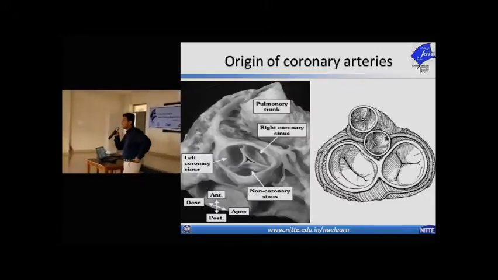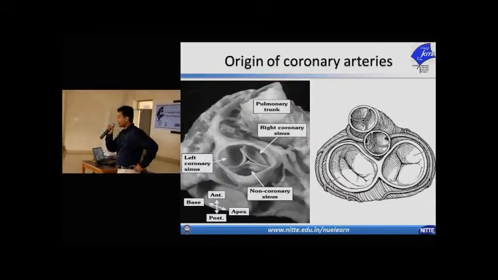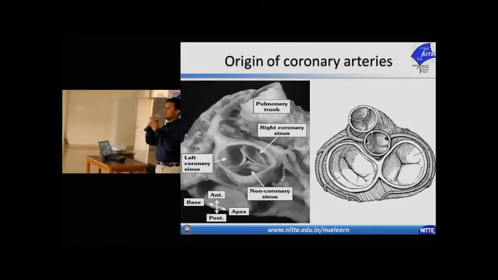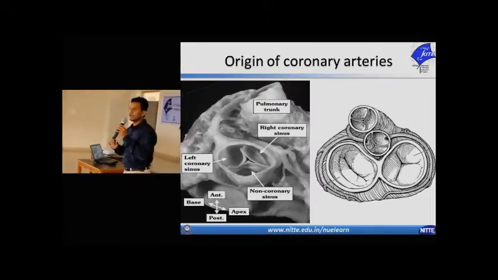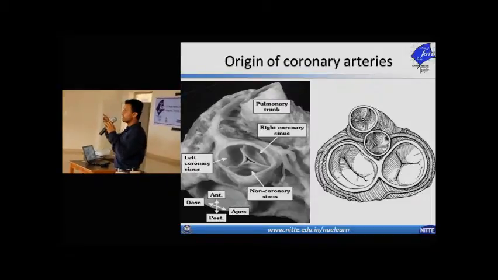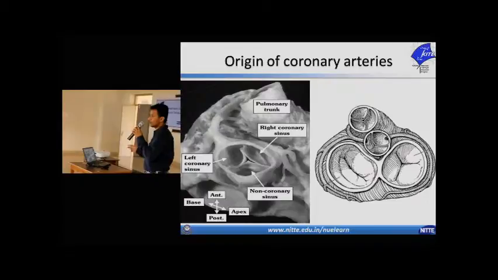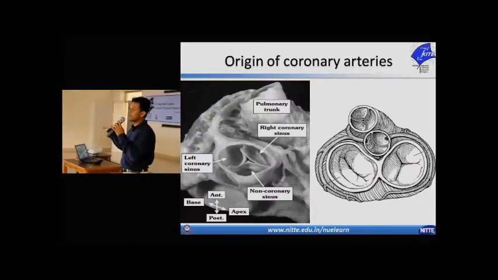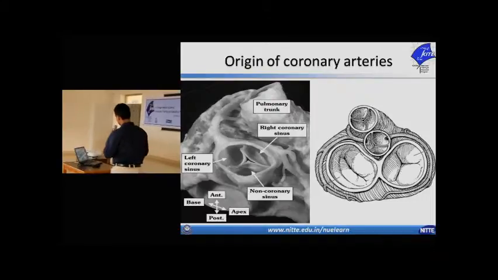The heart is supplied mainly by two coronary arteries. Coronary means they are like a ring above the ventricles and below the auricles, that is, in between the atrium and the ventricle. That is the atrioventricular groove. The right coronary artery lies in the right AV groove and the left coronary artery in the left AV sulcus, or groove.